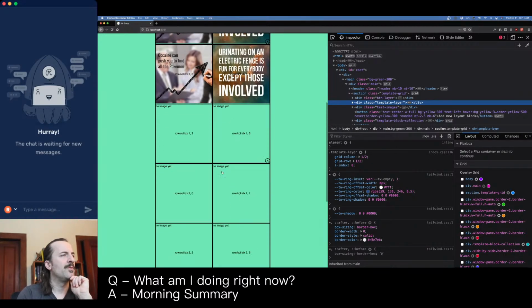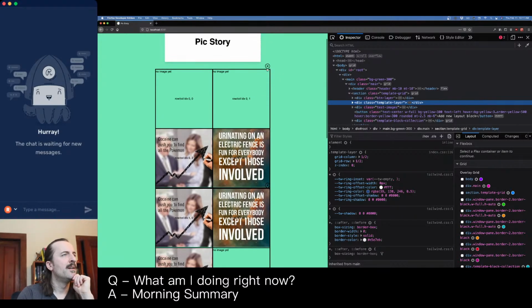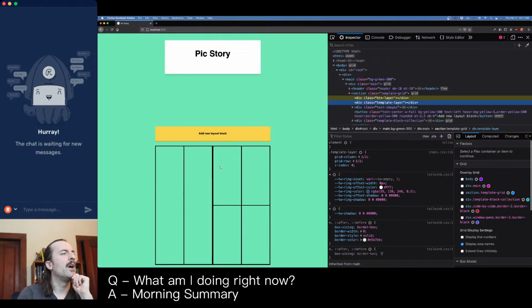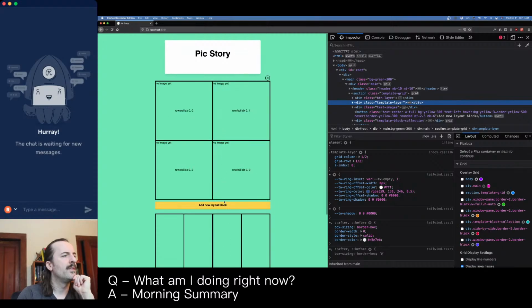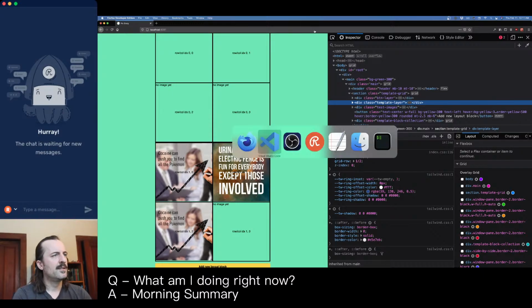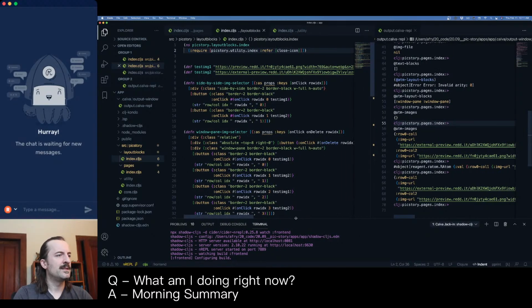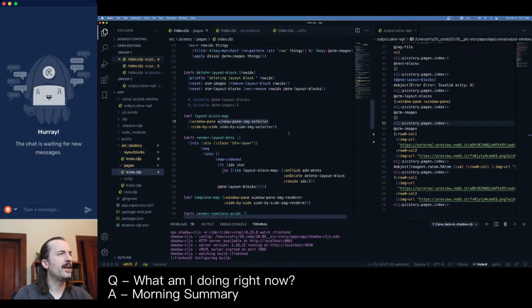Well, here's what we can do. We've got the REPL back, so let's just take a look at this in the REPL. If we delete these layout blocks, oh, there it was. Yeah, there it is. Okay, so we're not deleting images, and these things have all the wrong row information associated with them. So that's what we've got to figure out. And now that we've got this back, we can do